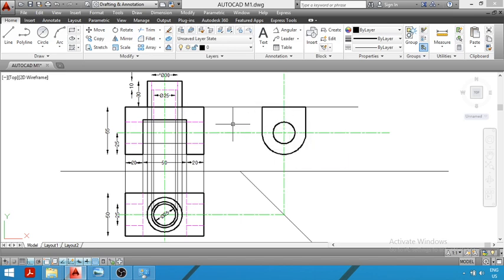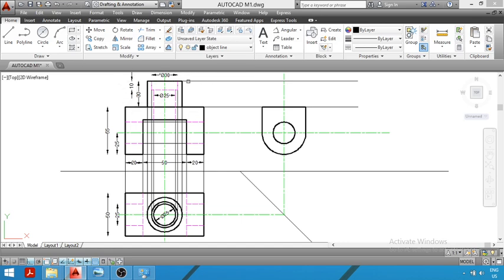Now in the next step, we will draw the side view of this vertical cylinder. You can see this is my vertical cylinder. So now we will draw the side view of this upper part, that is the upper vertical cylinder. In order to draw the side view of this upper part, again we have to project the top line, that is, you can see the line representing the height of the cylinder. This top line has to be projected in the side view. So from this point, we have to draw a light projection line in the side view. The projection line should be light. So we have drawn the projection line. Now by drawing this projection line, we have constructed the height. You know that the height is 30 mm.